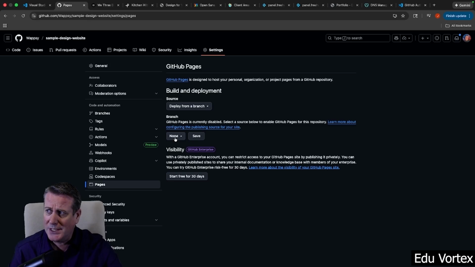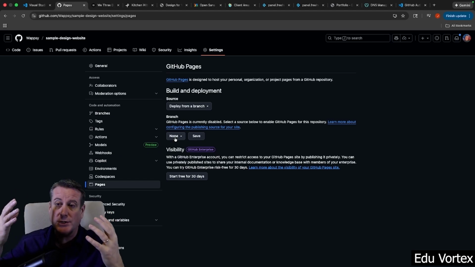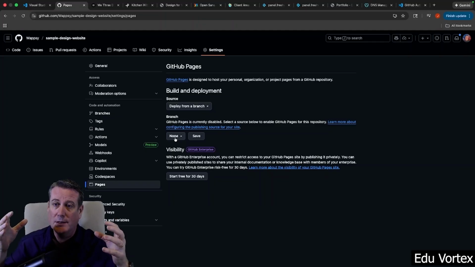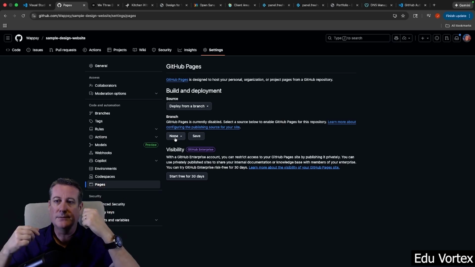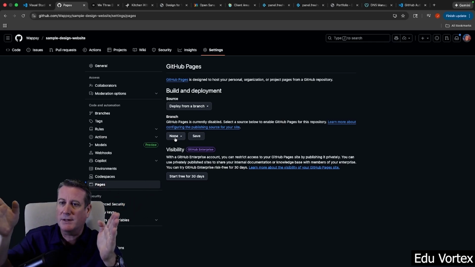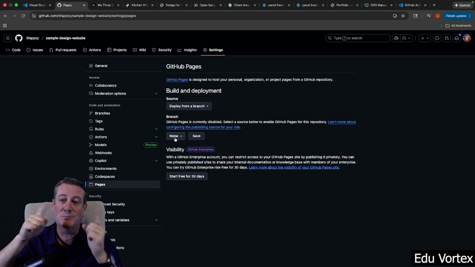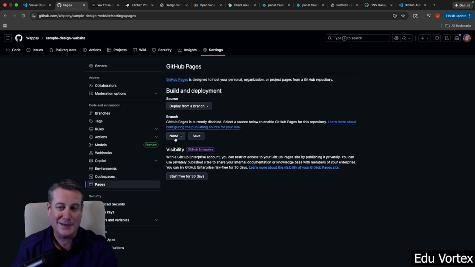Again, not to go too deep into it, but for Git, you wind up having different branches. Generally, you have either a main or a master branch, and then you have other branches with different changes. Remember what I was saying earlier, where if you have a bunch of different developers working on different projects, you could have a branch for this developer's project and another branch for this developer's project. And then those could be reviewed and then merged into that main branch or master branch. Again, I'm not going to dive any deeper than that, but that's just a quick little overview of what that is. And if we go look at the code again,